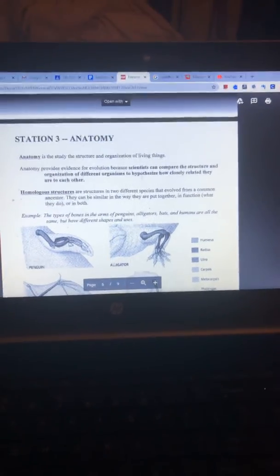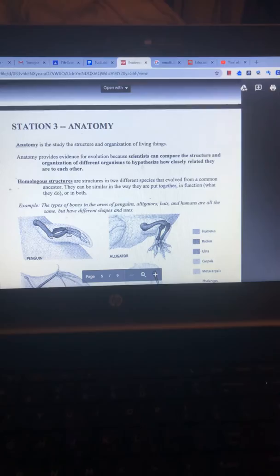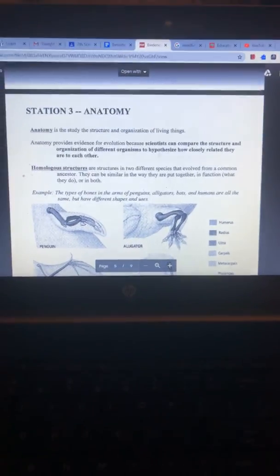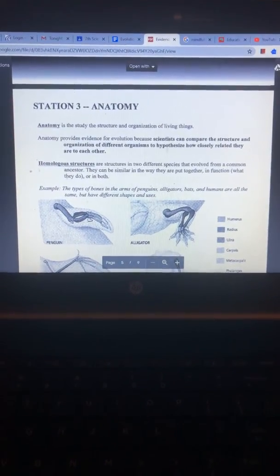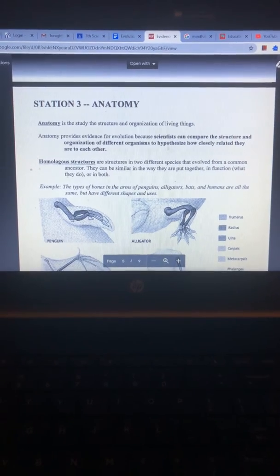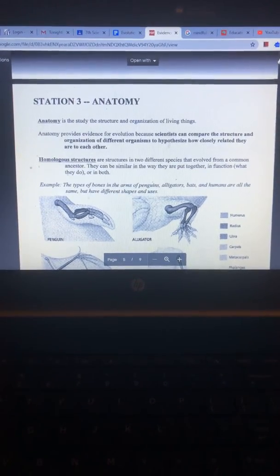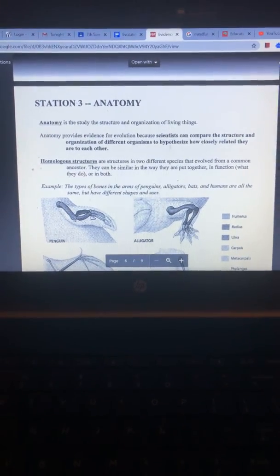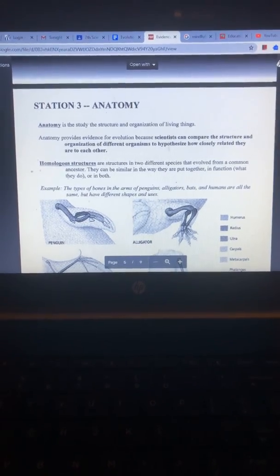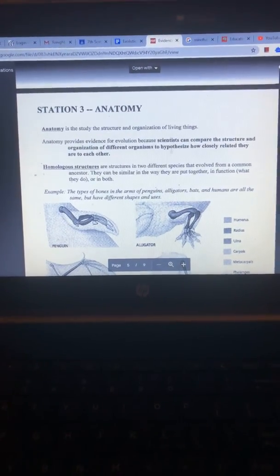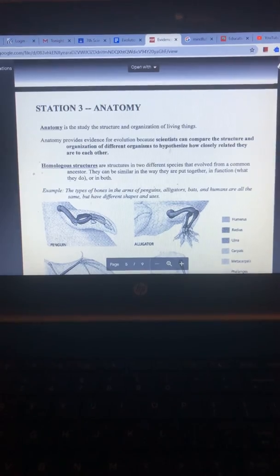All right, anatomy is the study of structure and organization of living things. Anatomy provides evidence for evolution because scientists can compare the structure and the organization of different organisms to hypothesize how closely related they are to each other. Homologous structures are structures in two different species